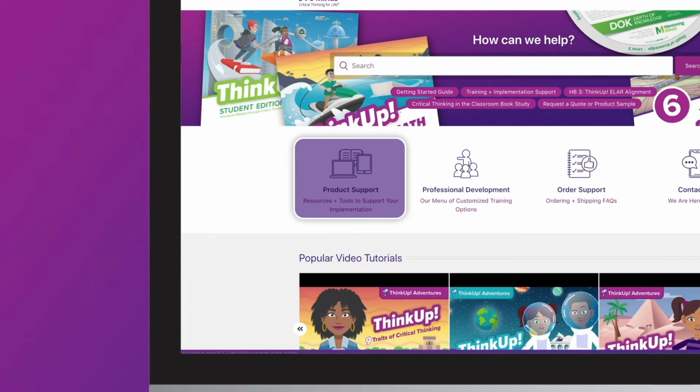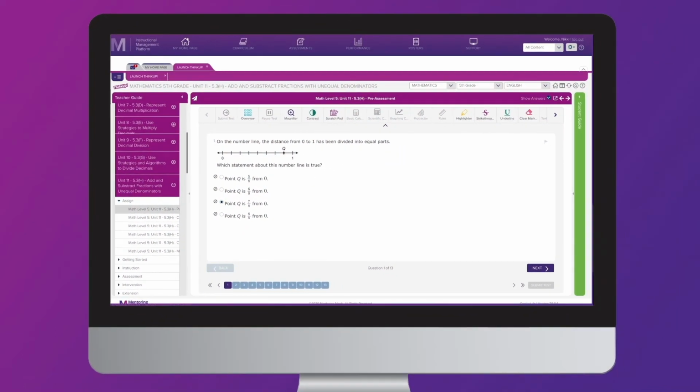Teachers can go to support.mentoringminds.com under the Product Support icon to review PDF versions of these tests. Or, if your campus purchased digital access, then teachers will be able to assign out pre-assessments within the online platform